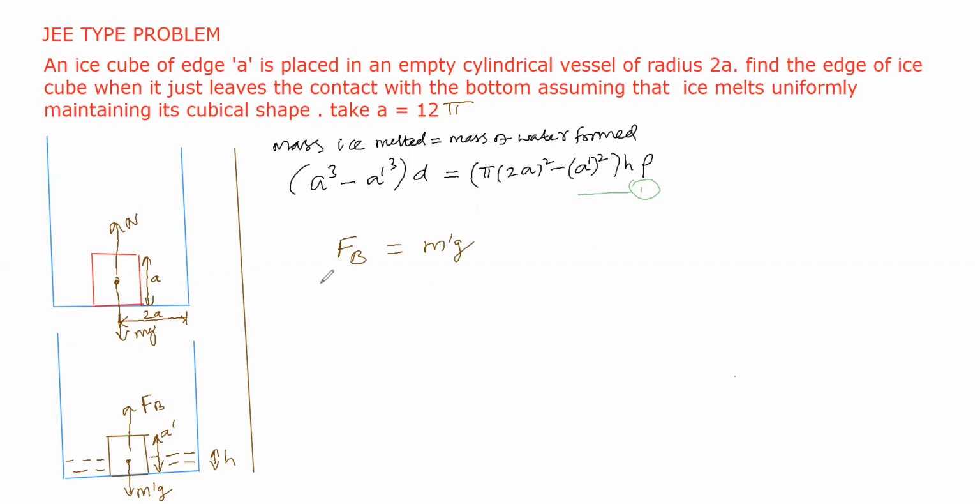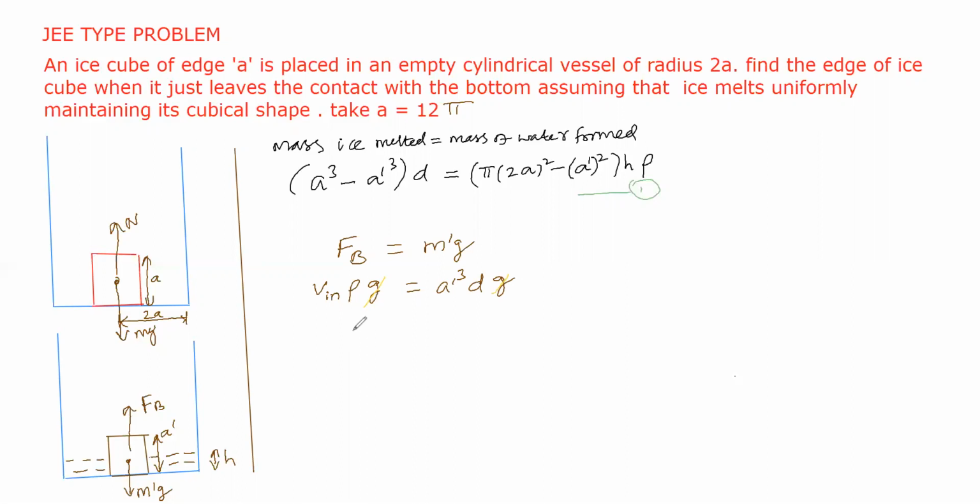Here the buoyancy force is V in sigma g, which is the volume of the block inside the liquid into the density of the liquid into g. That is equal to m dash g, where m dash is the mass of the ice. The mass of the ice is equal to the volume of the remaining ice, a dash cube, into density into g. Now we are going to cancel g, so by cancelling g we get the remaining equation as